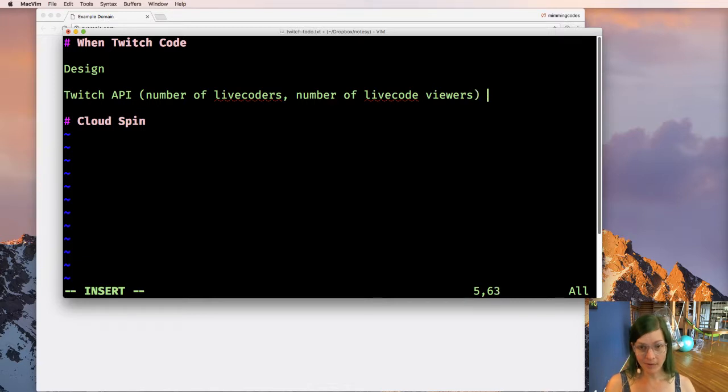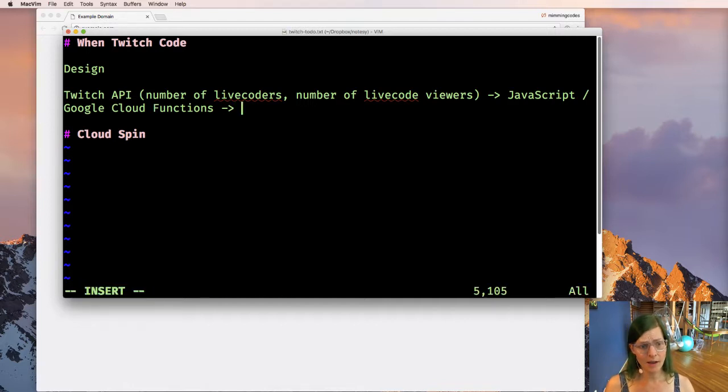I want to pull that from the API using JavaScript in a Cloud function, Google Cloud Functions.